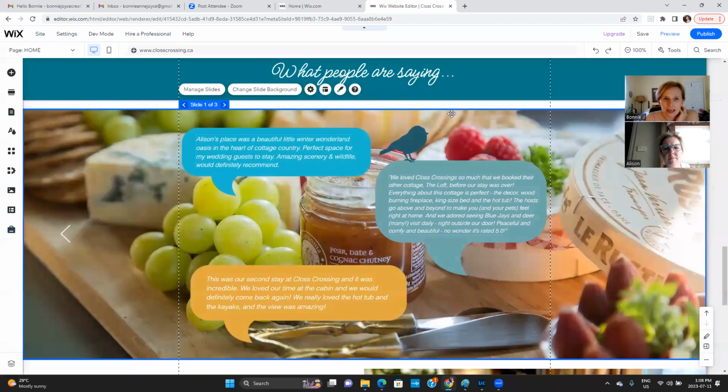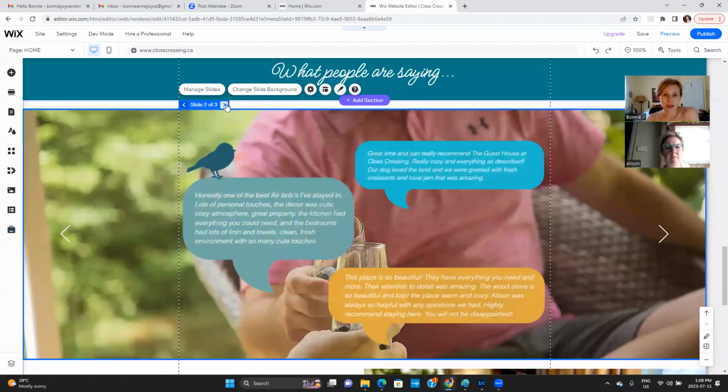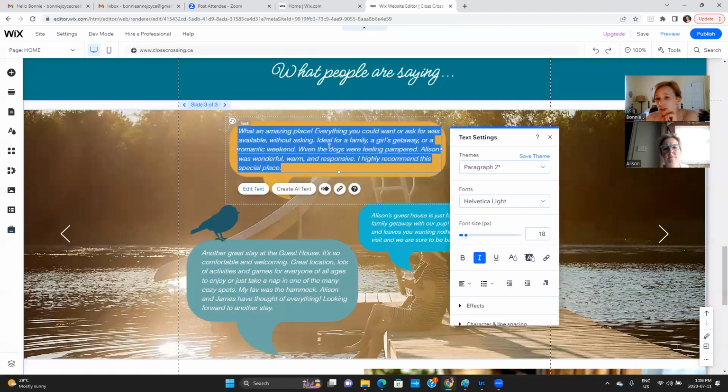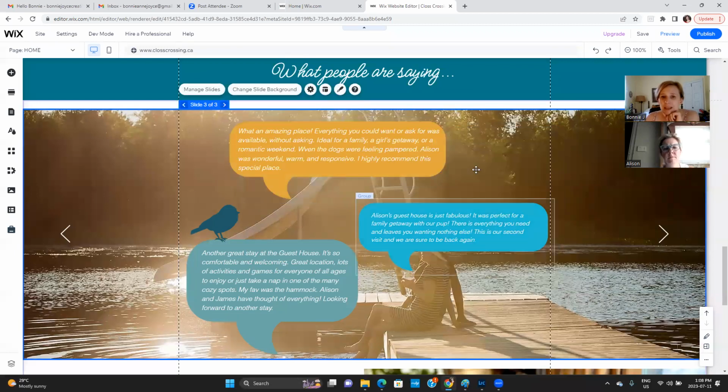This one here is a slider. So this has 3 different slides that all have different backgrounds. And then they have these little caption things on top. So it's a lot going on, but it's a fun way of displaying some testimonials. So if you want to adjust any of these testimonials, you can just double click on the text and adjust the text. If this little comment box is too small, you could use a different one.